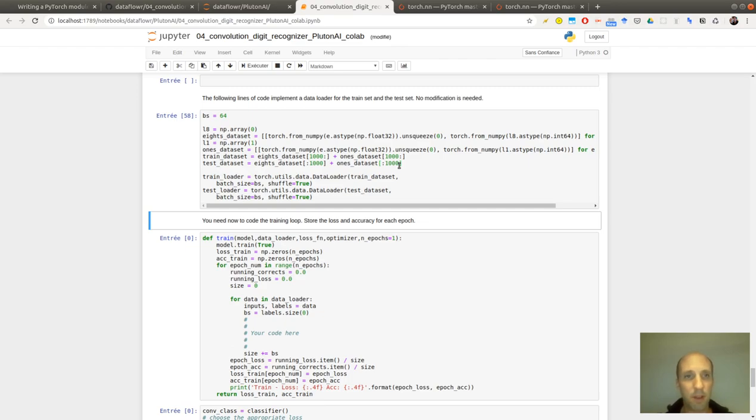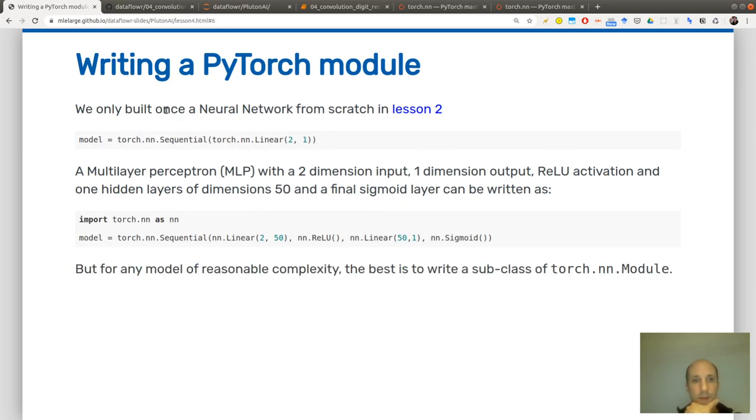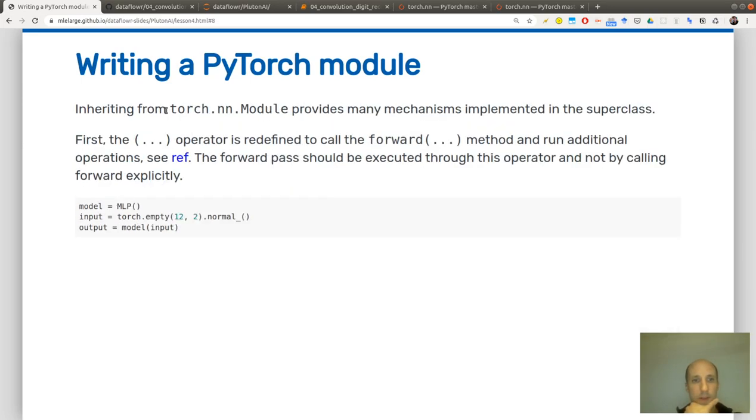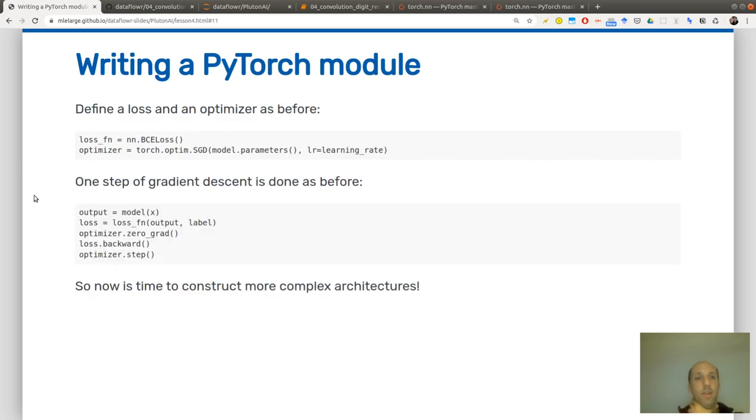Okay, now is the training part. So store the loss and accuracy for each epoch. So for the training, okay, we can probably almost copy and paste this.